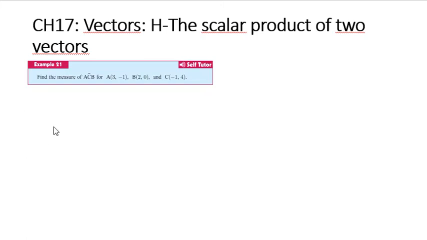Find the measure of the angle ACB for A, B, and C with the coordinates given there. So we have to find the angle in C. So if we have C here,